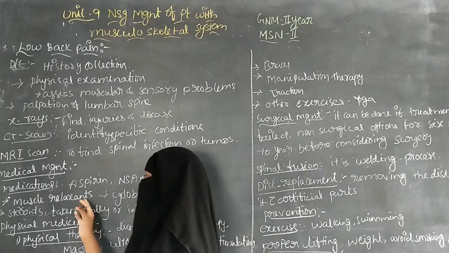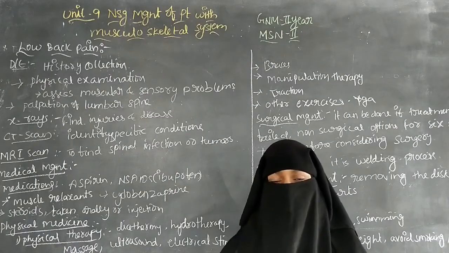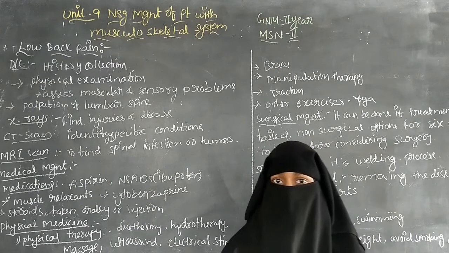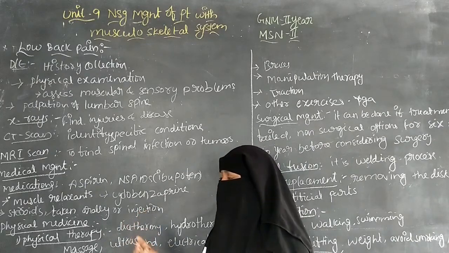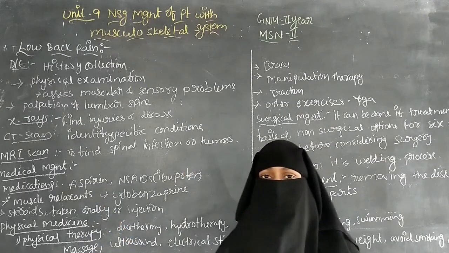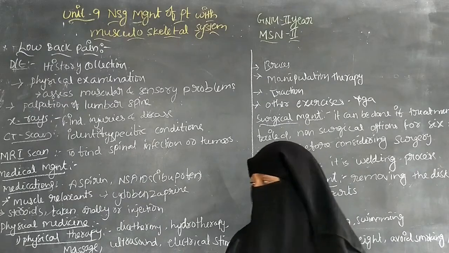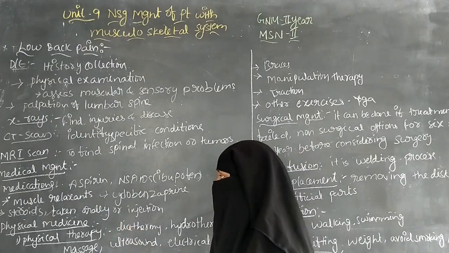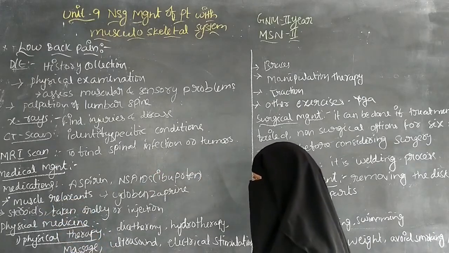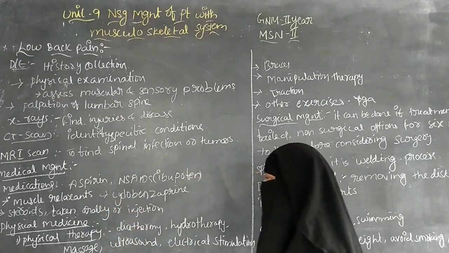And there are muscle relaxants. The spine has spinal muscles, and because of spasm there is involuntary contraction of the muscles, which causes pain. So muscle relaxants can be given to the patient if there is any involuntary contraction of the muscles, and we can relieve the muscle contraction. The next one is muscle relaxants; an example is cyclobenzaprine.